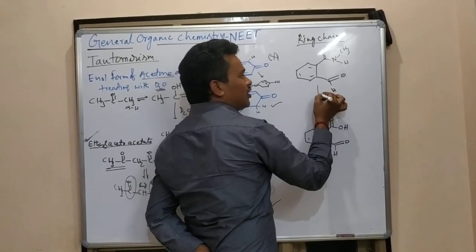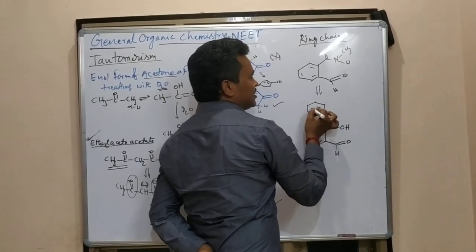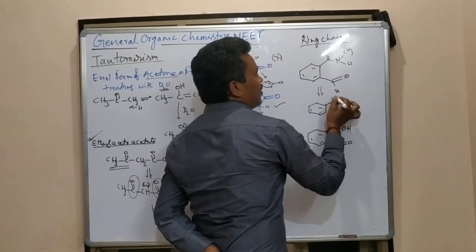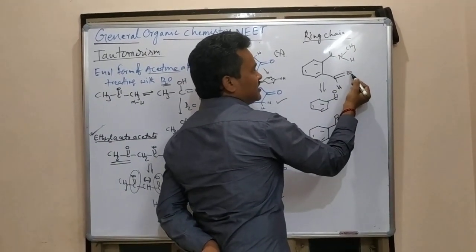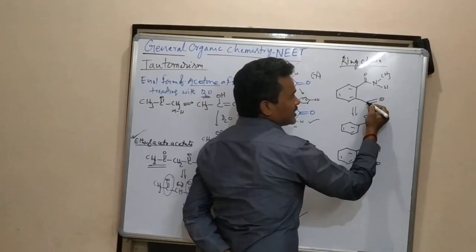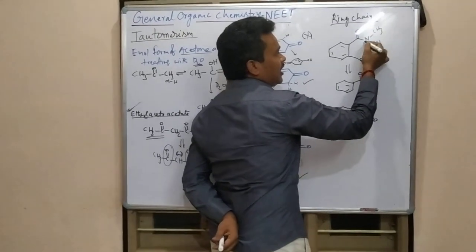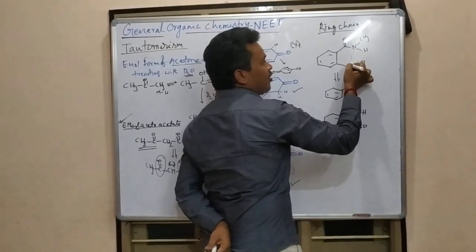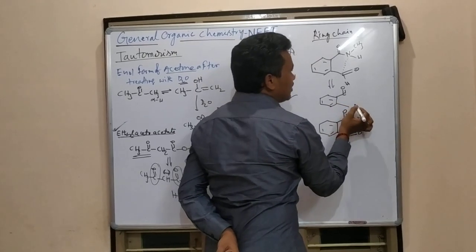How is it going to convert? See, I am not going to disturb the ring here. The ring stays as it is, with double bond O. This H is coming to this side, and there will be a link. But I am writing here: this side minus, this side plus. H plus and N minus are both going to make a bond here. 1, 2, 3, 4, 5, a 5-member ring is going to form. I am writing here, you see.